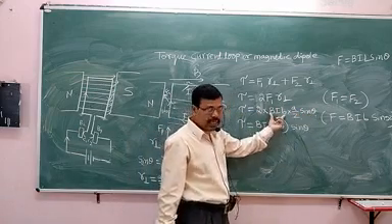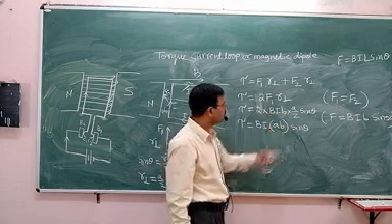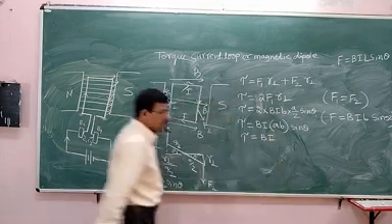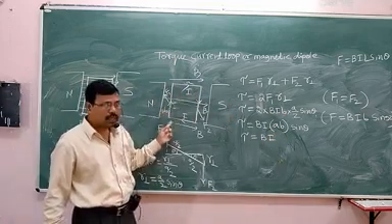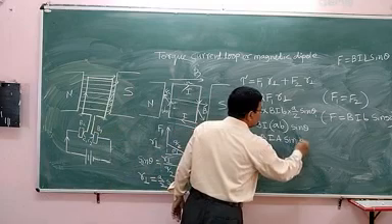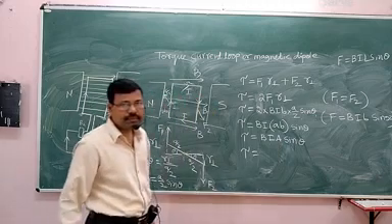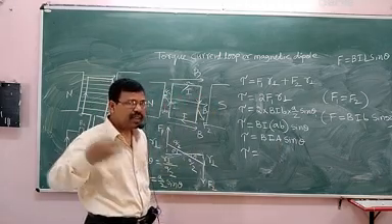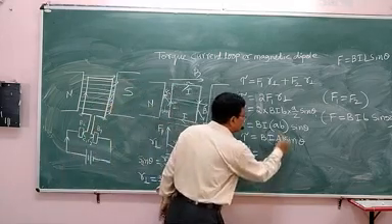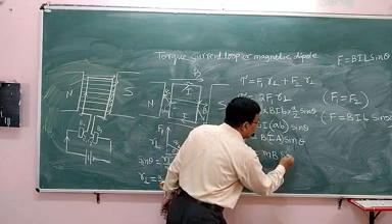Here that sine theta has become sine 90, which has become 1. So torque is equal to B I. This length into breadth is nothing but area. Area into sine theta. This torque is equal to current into area. The product of current and area is known as magnetic moment. So I can write that this current into area is magnetic moment, and this is magnetic field into sine theta.